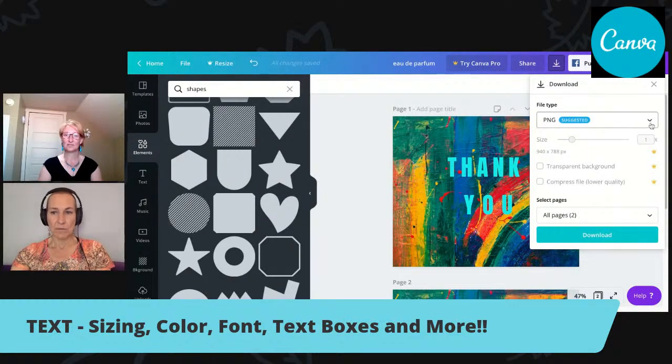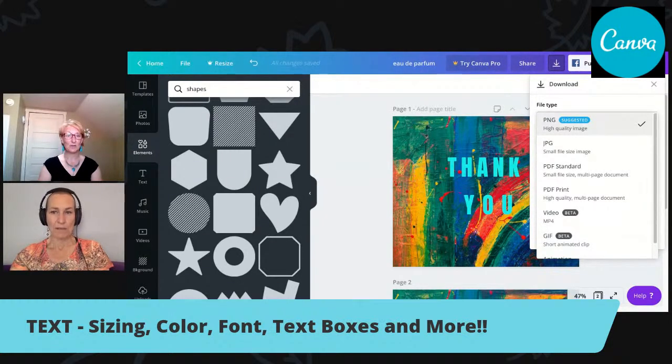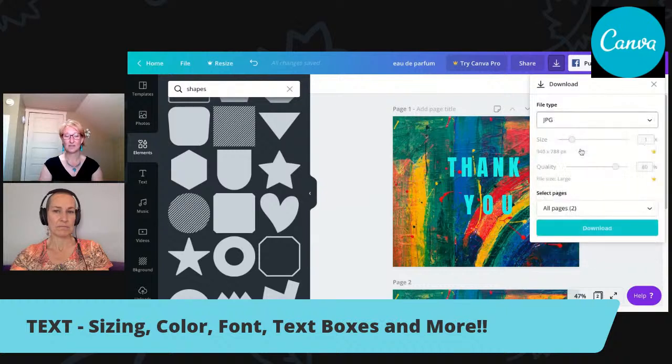I guess we can go through this a little bit too. Yeah, we did a little bit on the first training. Yeah, just a quick run through. So let's say we're just going to do it as a JPEG image. I want you to come on down to here where it says select pages. You can